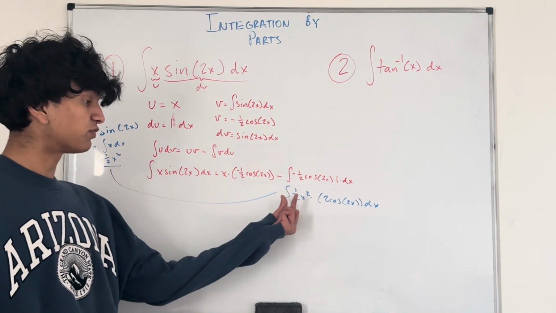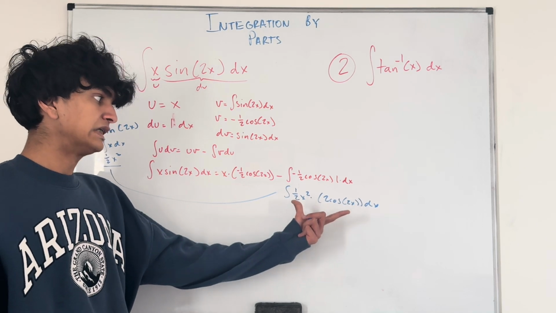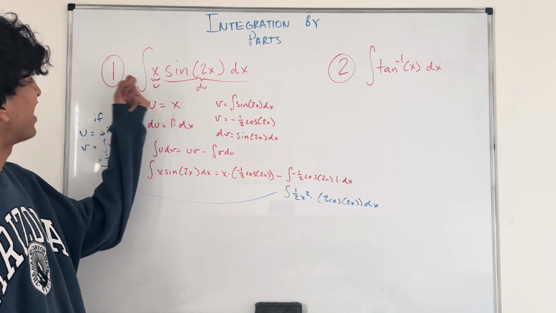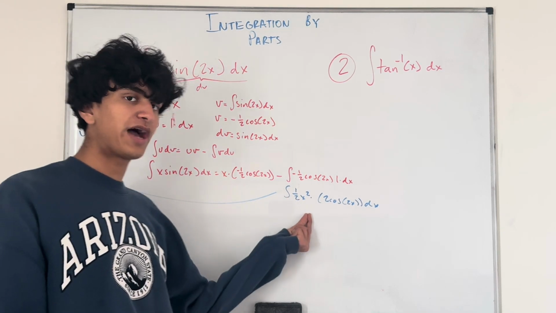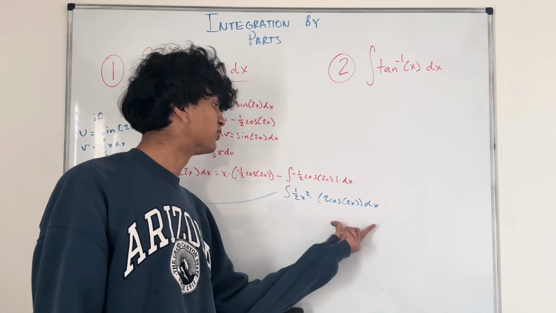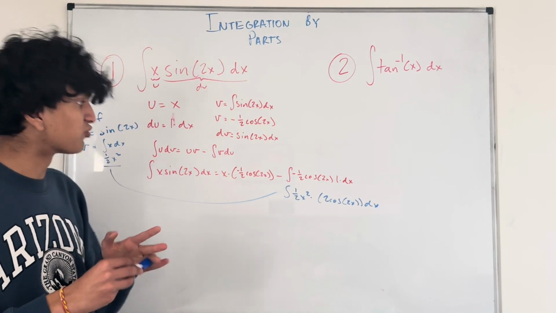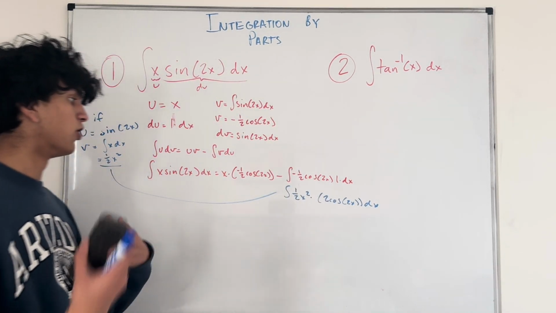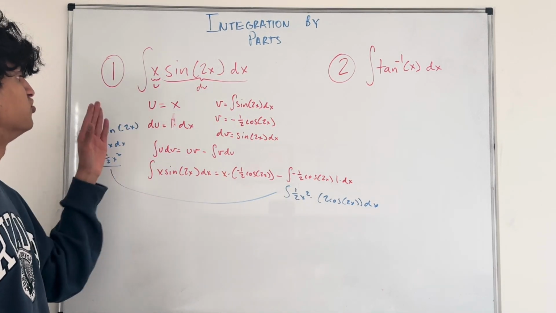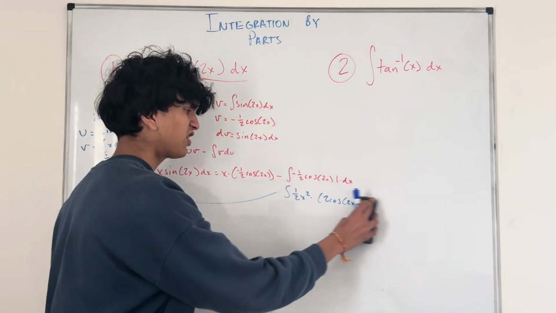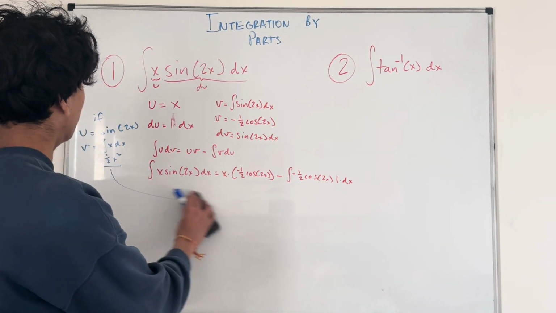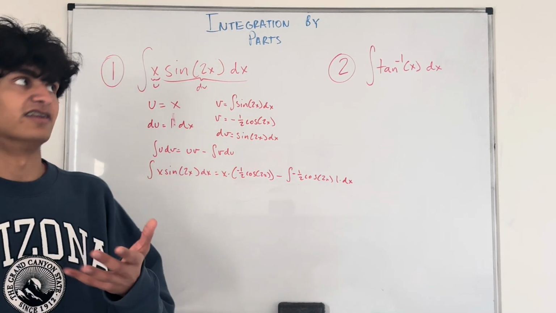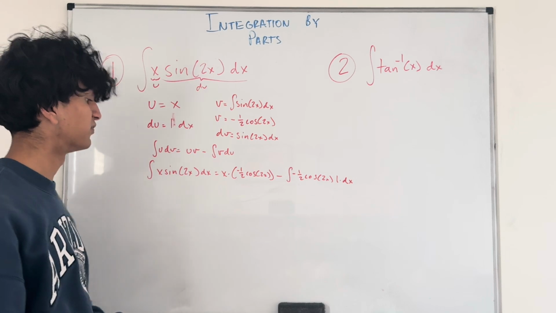If I chose my u and v wrong, this just becomes really stinking hard, because the problem got worse. Instead of x sine 2x, I'm dealing with a higher power, x squared 2 cosine 2x. So if you choose your u and v wrong, you're going to realize through the process that the integral became nastier. That's when you know to go back and choose your u's and v's accordingly. It's going to be pretty clear if you choose them wrong. You might as well get your u's and v's right the first time, save yourself some time, and then